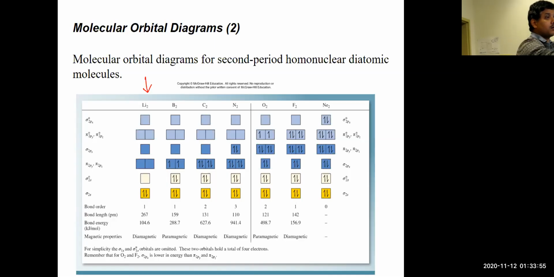It starts filling those 2 electrons from the bottom, starting from here. This is the order in which we fill electrons, and it will completely fill its 2 electrons